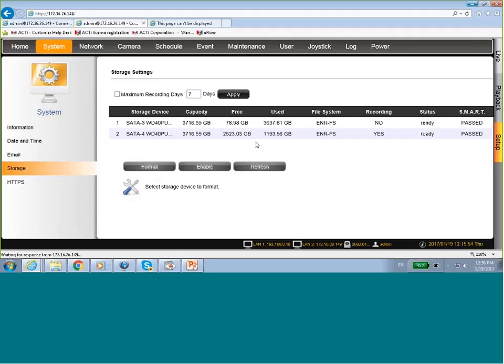Yeah. And then for generation 3, the next generation of the ENR series, we support NAS, right? So NAS will be a very good solution for your storage bank. Yes, because it is a network attached storage and it will help us to add more capacities and add more hard drives in a network, and all the reading, writing, and recordings will be done simply to the network attached storage,